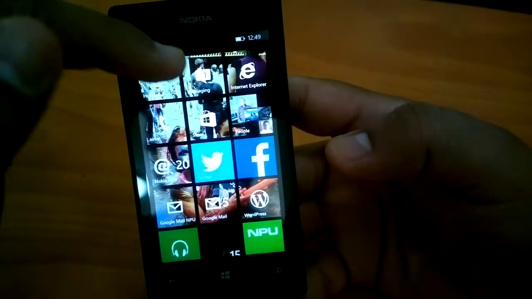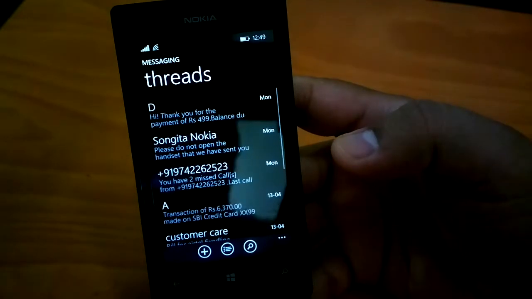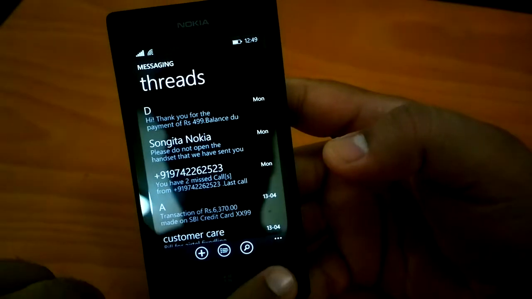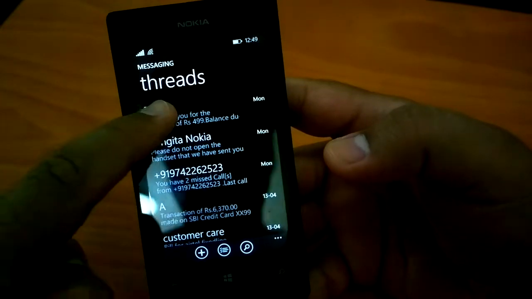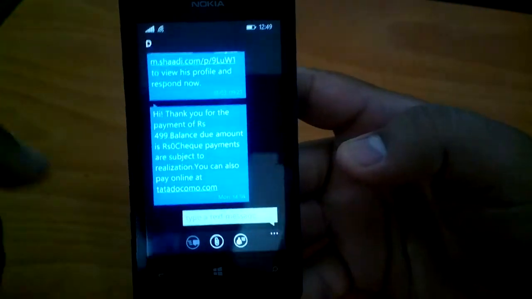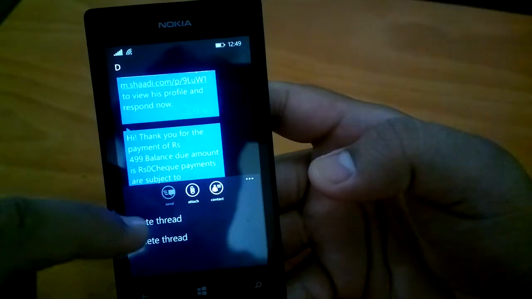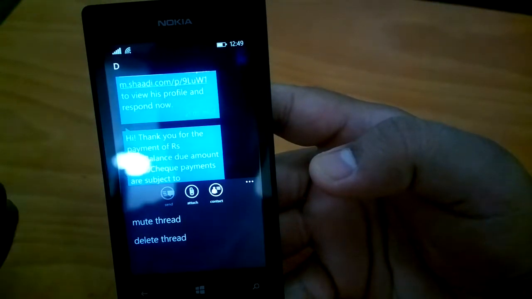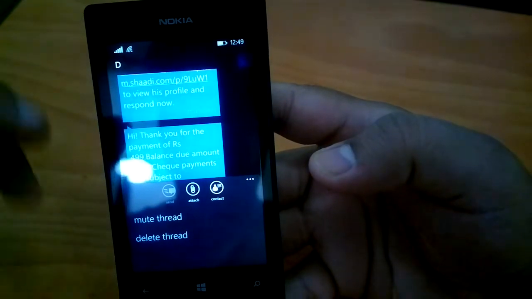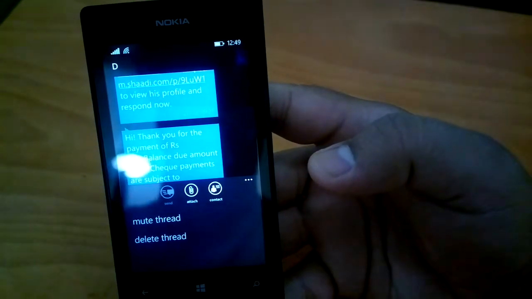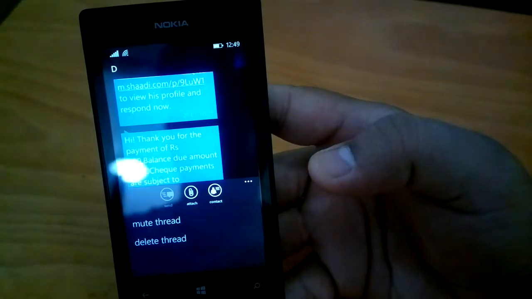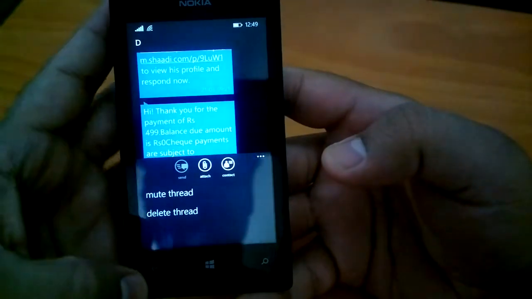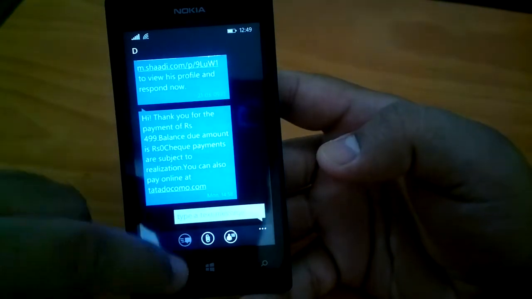Starting from messaging. Messaging as such, you would not be able to say what has changed here, but if you go to any of the threads, you now have the option of muting the thread. This is one important change, and it allows you to stop any thread from pinging you or sending notifications. If you don't wish to be in some conversation, you can just use this option. So this is very neat.